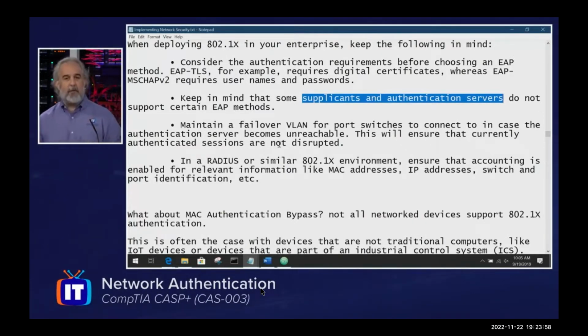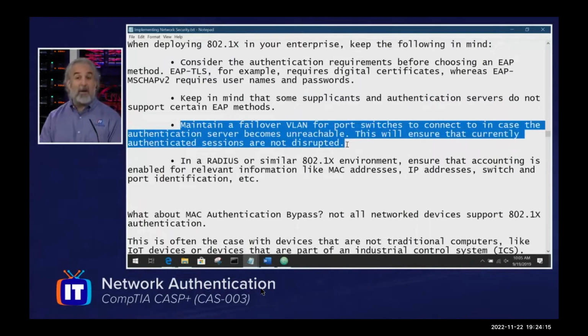They're doing what they're supposed to do, right? They're using due care and due diligence, and they probably have built out redundancy in our networking fabric. That's a lot of assumptions, right? And at the end of the day, I don't want assumptions. I want verifiable proof. So when I talk about maintaining a failover VLAN for port switches that are connecting